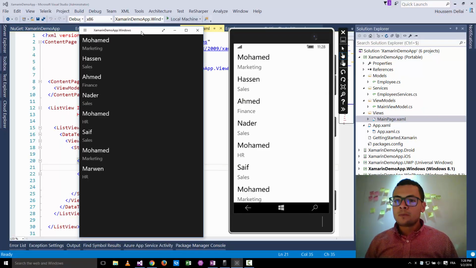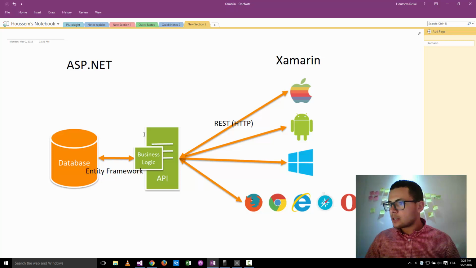So we'll have our demo in two parts. So let's bring this schema here. Here we'll have the part where we'll develop the ASP.NET project that has the web API and the database. Then we'll have our Xamarin Forms project that could run on iOS, Android, and Windows. Just to mention that the web services we will build could also be consumed on any mobile or any web platform. So let's start by building the ASP.NET application, and before that let's